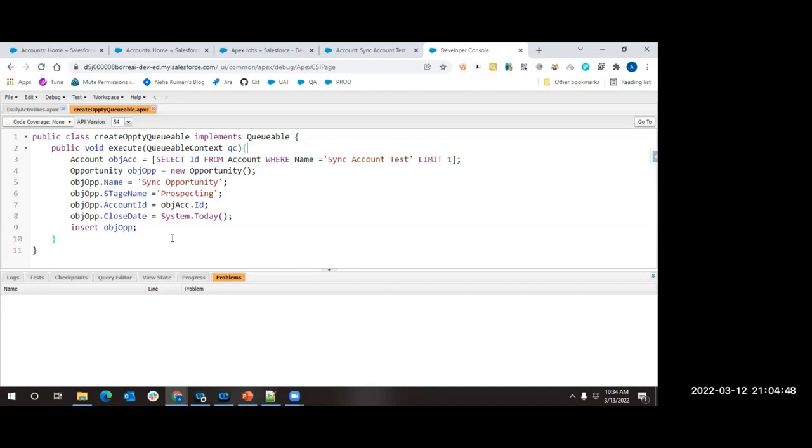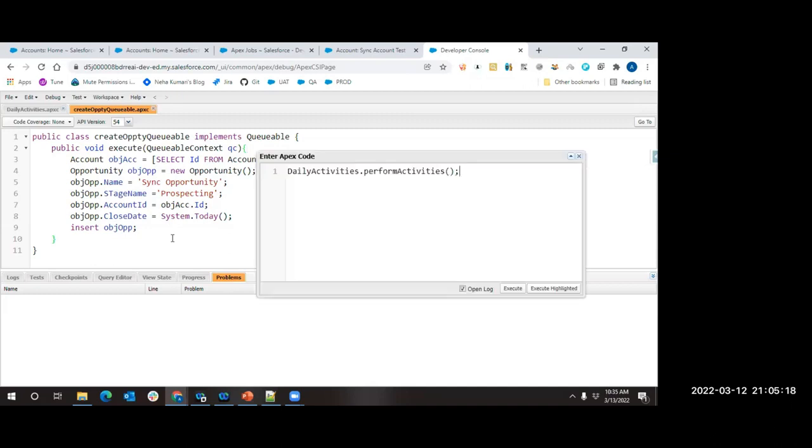Now tell me, why should I go for queueable and why not for future? You told me that queueable has many advantages, but it seems a more complicated approach. For future, if I just say @future, I get my job done in an asynchronous pattern. But for queueable, I have to create a new class, implement an interface, and then put my logic over here. This doesn't really look advantageous to me. Yes, while writing, the effort might be a bit more, but while implementing, the resources will be in your favor. Let me show you how.